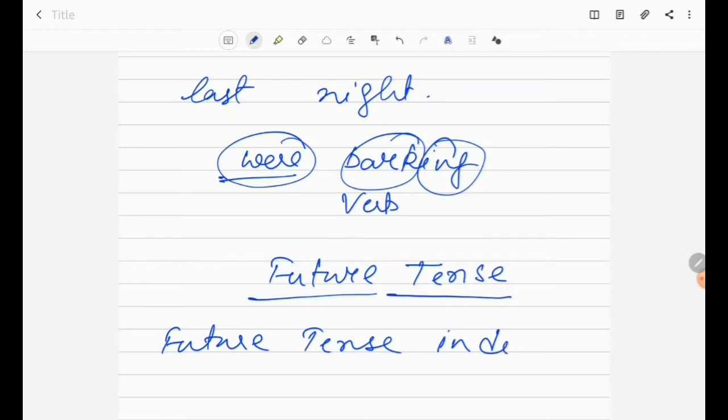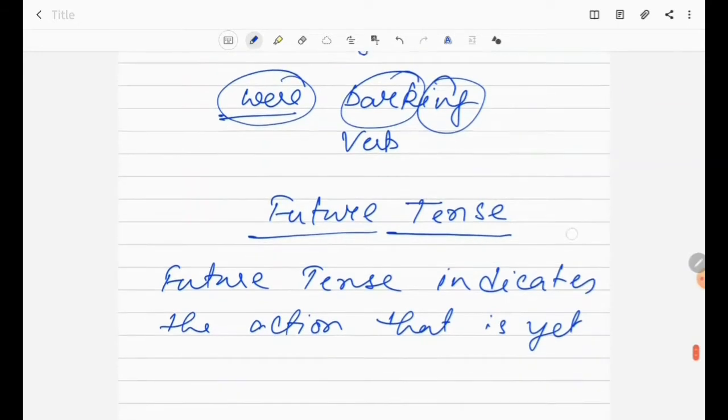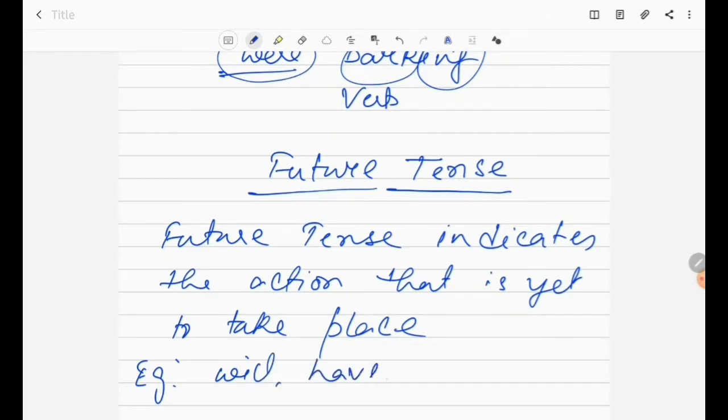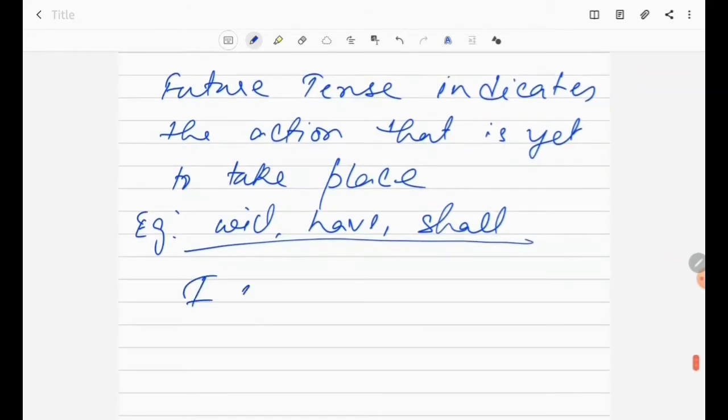Indicates the action that is yet to take place. And what are the words which we use in the future tense? Will, have, shall. So these are the words which we use in the future tense. Like I will